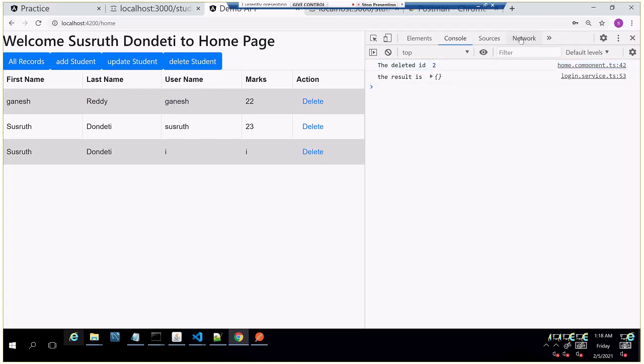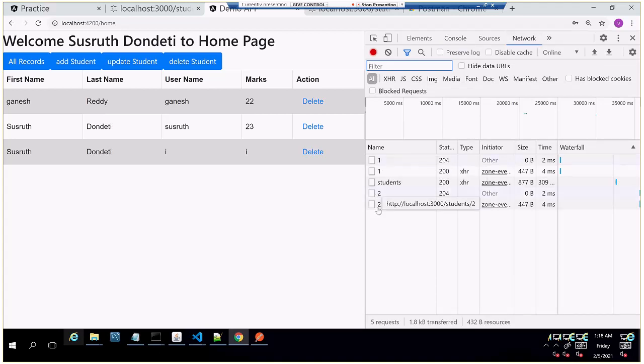Even in the network tab, we can see if anything comes in red color, it means that the REST API has failed. Even in our case previously, the PUT method was giving some error, and the line turned red. That means there is a problem. If it comes in black color and the status code is 204 or 200, it means it is successfully completed. But if it is 400 or 404, there is some problem and it will turn red.